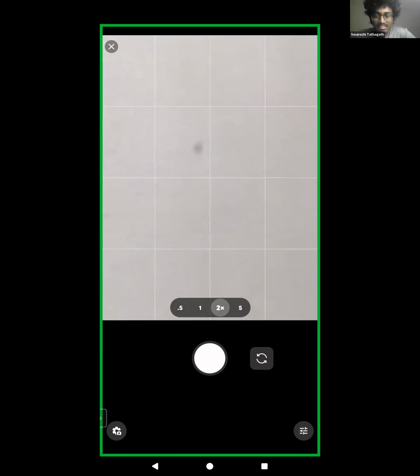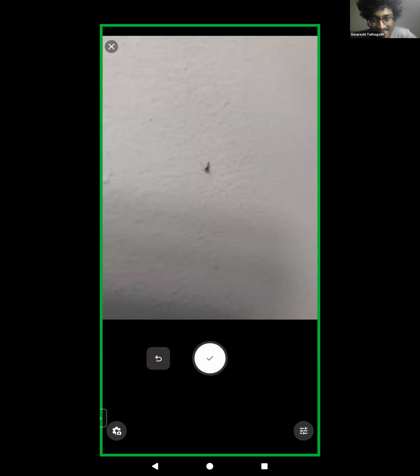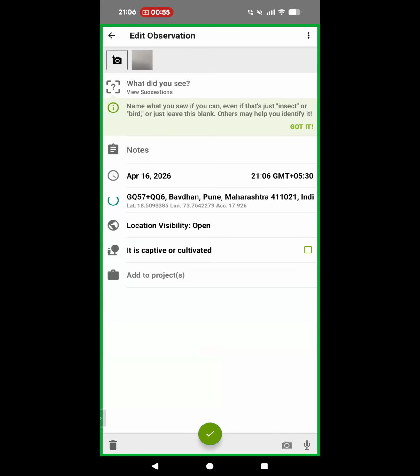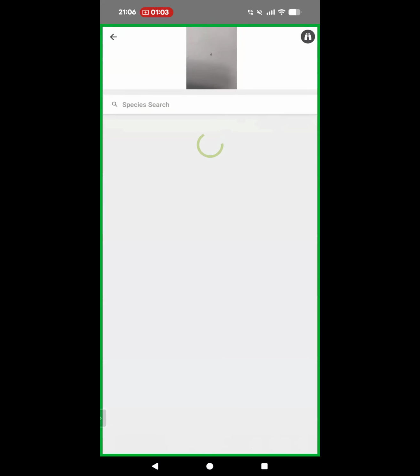That is an option. You can use the iNat camera, but generally on Android, the camera isn't used to its fullest extent on iNat. But it still works, though the image is a bit blurry. And then it showed me the location, it showed me the date, and it can still take the